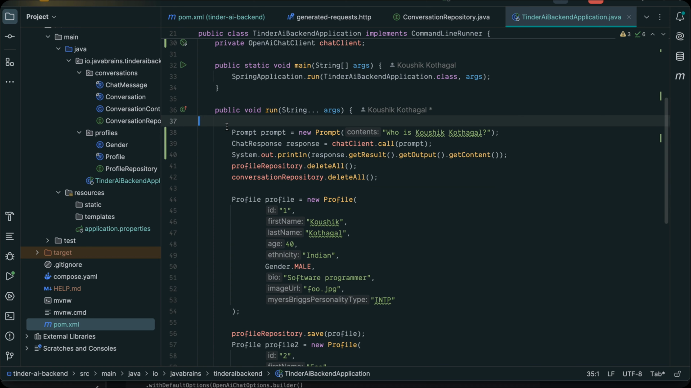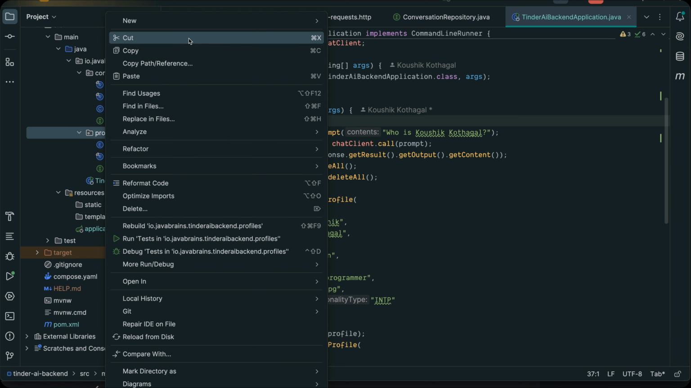I'm going to have this creation thing run when the run method is called, but I'm not going to put all that code over here. I'm going to create a separate service and just delegate it over there, right? So in the profiles package, I'm going to create a new Java class and call this ProfileCreationService. This is going to be a Spring service so that I can dependency inject it. And here I'm going to auto-wire